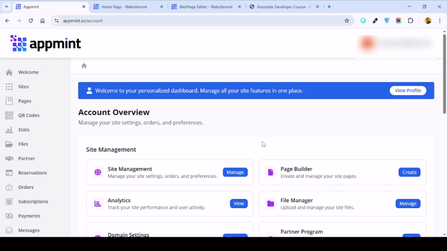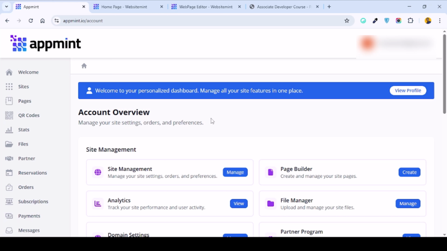So there are a lot of tools that you can use within Appmint, which are core components to build your website or application. We are going to be taking a look at some of the most important ones, and you can then decide which one will be useful for the project that you have in mind to build. So the first one we are going to be taking a look at is the AI web page